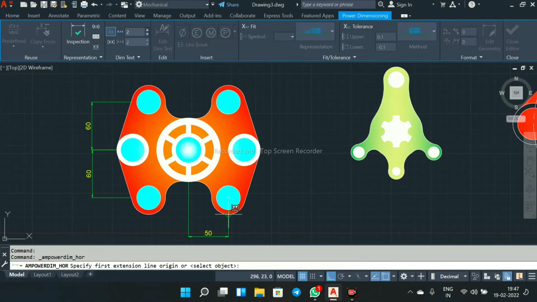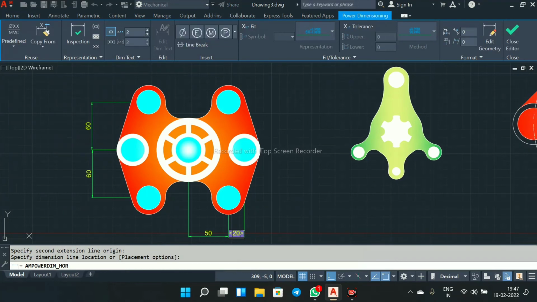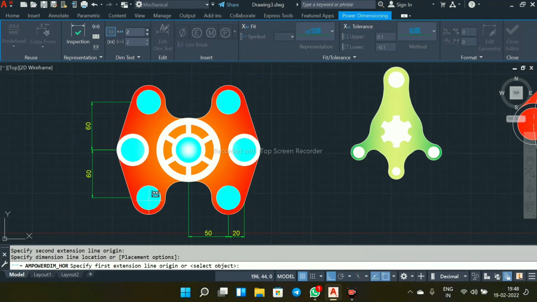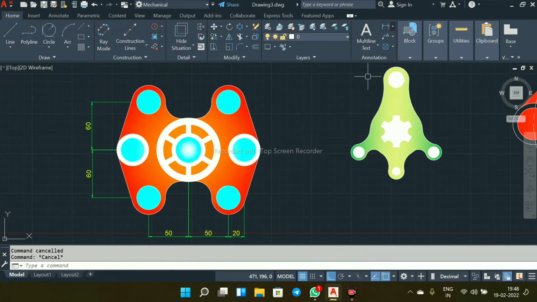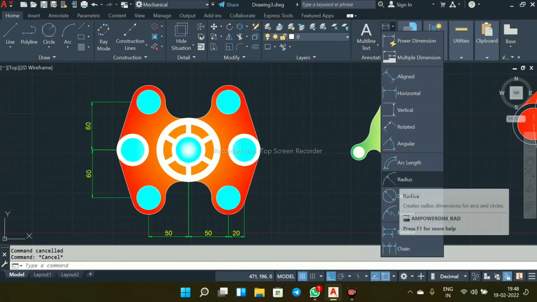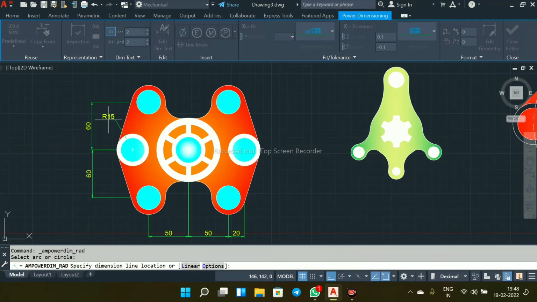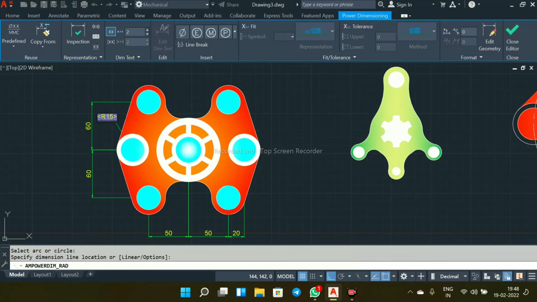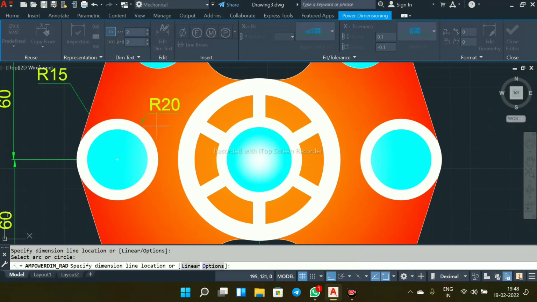Select this horizontal arrow, this point and this one. Select here power radius. Select this one.